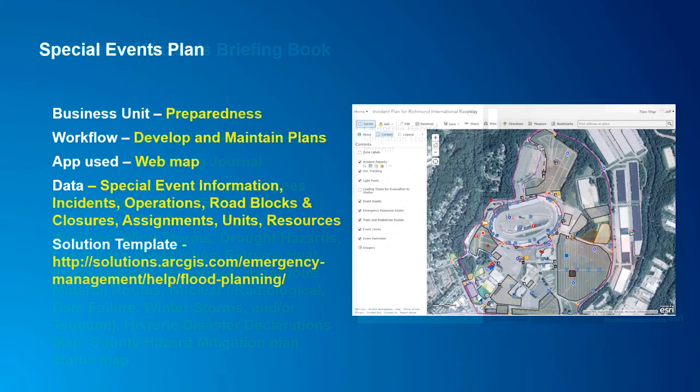From a preparedness perspective, we've seen a lot of great success of taking our solution template for special events and operationalizing that for your organization. If you've got a road race, a presidential convention, or whatever the case may be, whether large or small, starting to take some of that information that may be in the incident action plan and put that together in a map, and then put that together in a web map and operationalizing that through the platform. So that's another great way to start.